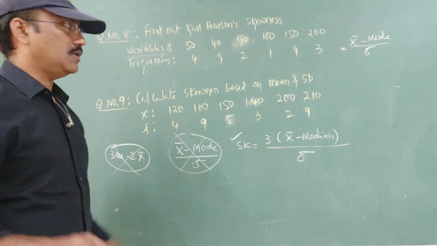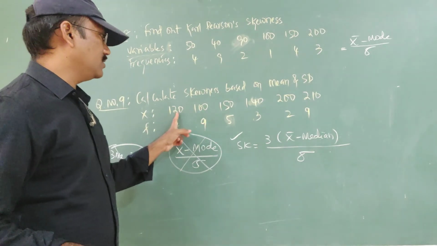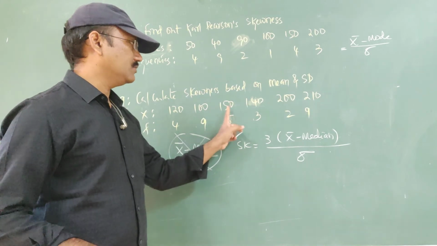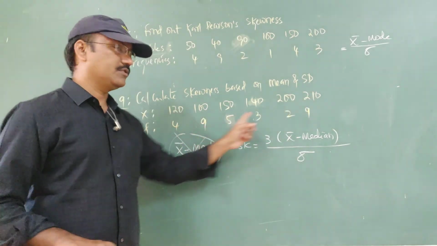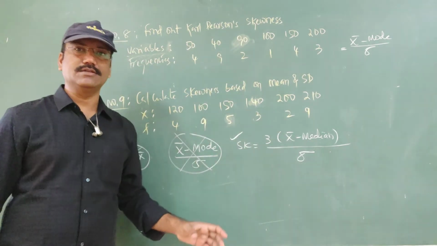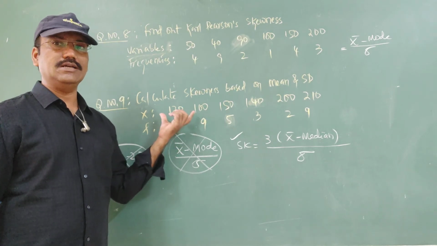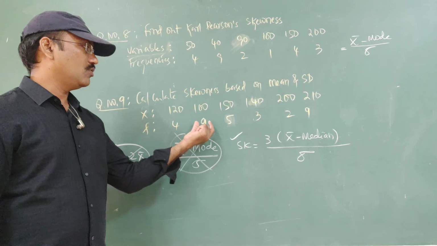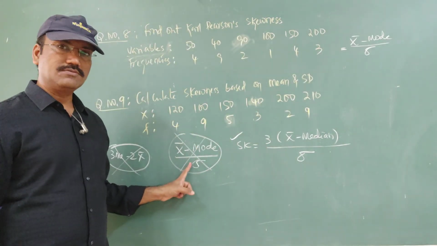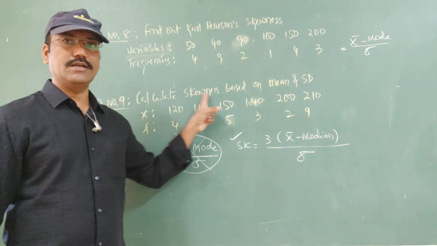So for the median, what do we need? We need to arrange these numbers. First, you have to arrange the variables: 100 first, next 120, next 140, next 150, 200, 210, and take the respective frequencies. Then you solve the problem, because you need to find the median here. So median requires arranging the numbers. I hope this kind of solution is clear to each of you, because it is an ill-defined question. Why is it ill-defined? Mode is not possible because the highest frequency is repeated. So don't use the mode formula, use the median formula. For the median you need to arrange the variables.